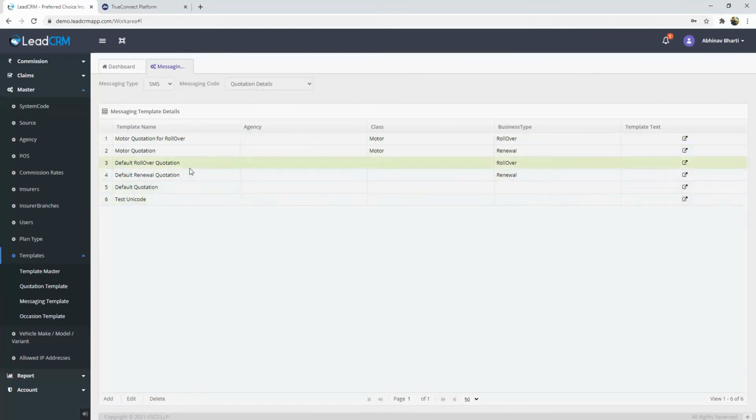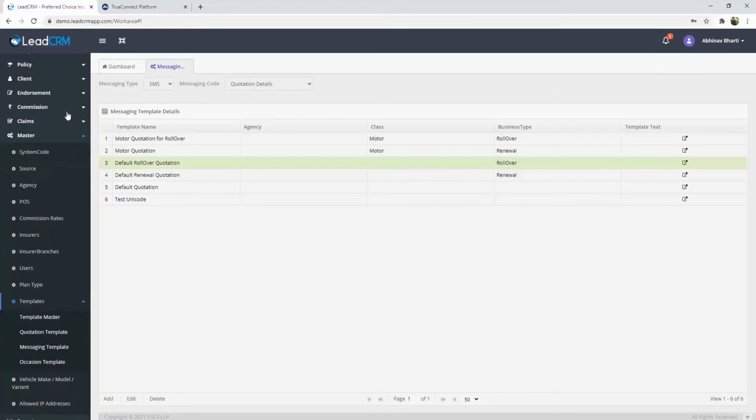All these contents need to be registered with TRAI, following the similar process. Now, once all your content templates are registered with TRAI and you have received the template IDs which are approved by all the telecom operators, and you have mapped the template IDs with the lead CRM masters, your job is done.